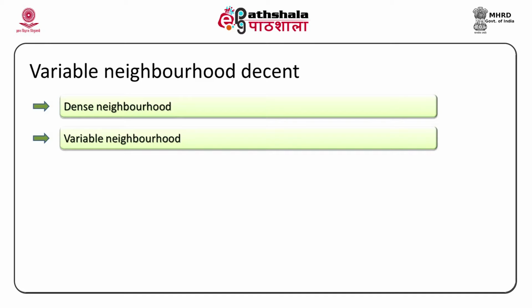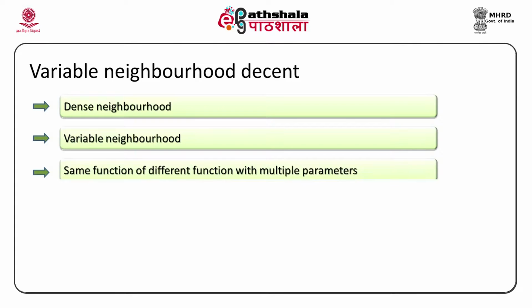In a way, you are applying a dense neighborhood function when the situation becomes critical, as also in the case of the end game. That is called variable neighborhood. In the beginning, usually you have a sparse neighborhood, and then as you go in depth, you have a dense neighborhood.